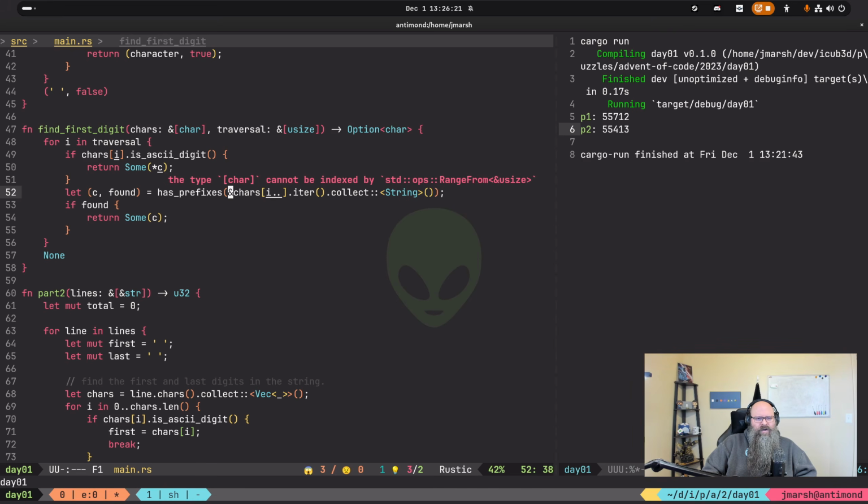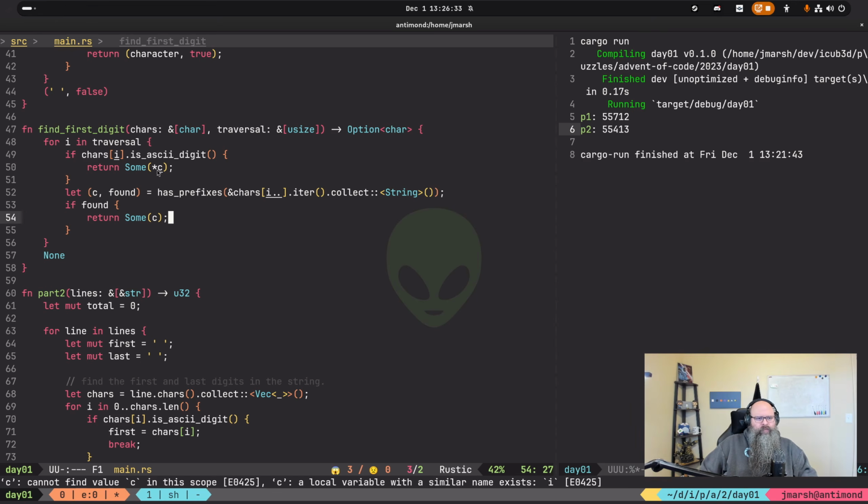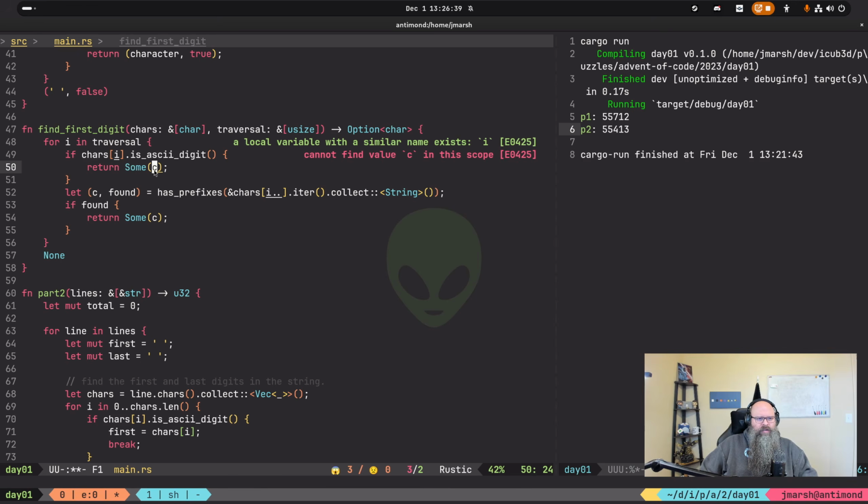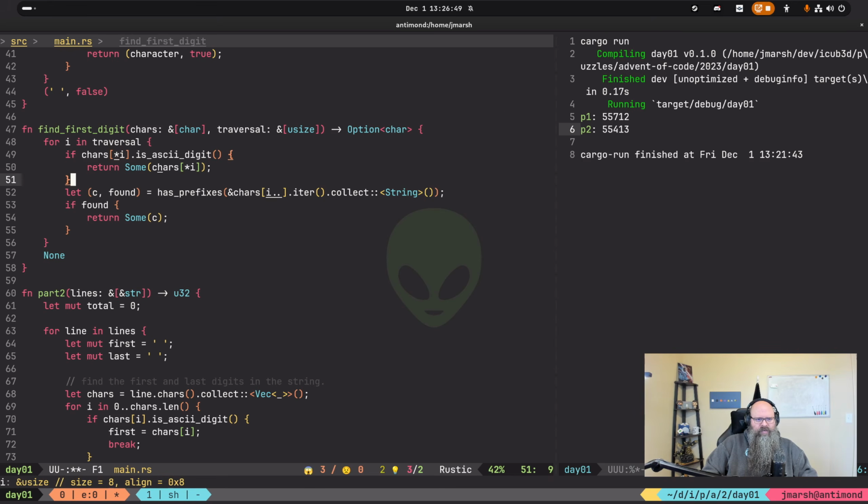What is this? Type char cannot be indexed from standard ops range from use. Oh, I need to do like reference on these. There you go.